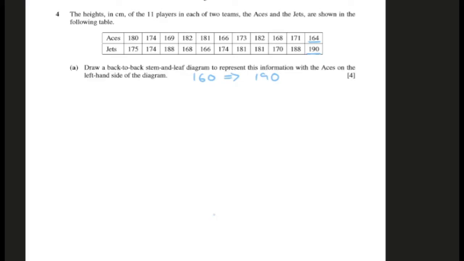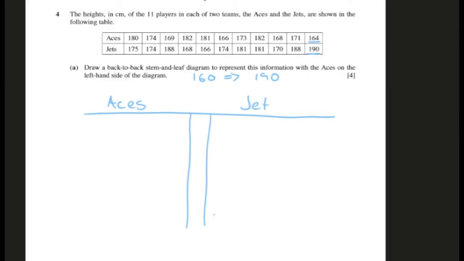And we are told that they want the Aces on the left. So we've got the Aces and then the Jets. And we have 16, 17, 18, 19. Okay, now let's plot. We've got 164 for the Aces, 166 for the Aces, 168 for the Aces, 169 for the Aces, and then we have 171,